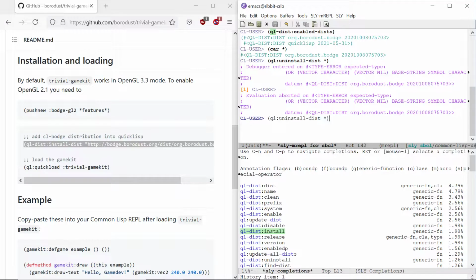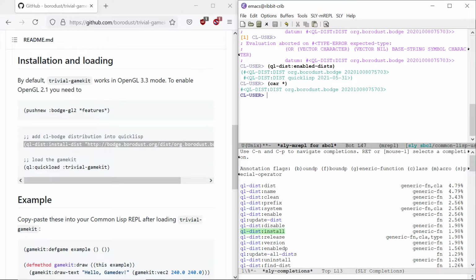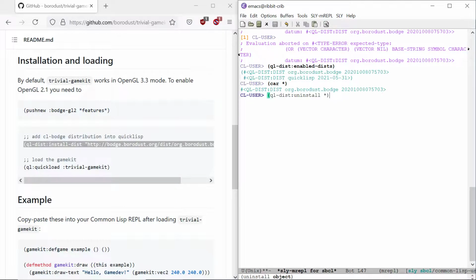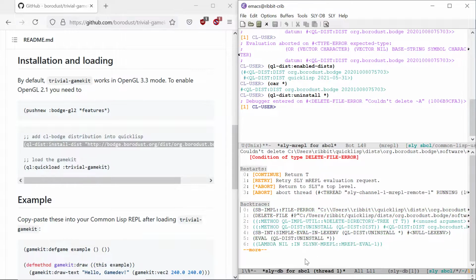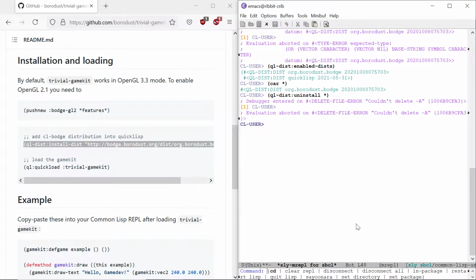So let me run this other command. Enabled dists. So now I have the car of that. I want the car of that. I want to try to say ql-dist uninstall, and then give it the last thing. The star just means the last thing that the REPL will spit out. I have to restart this. So if I say restart this,